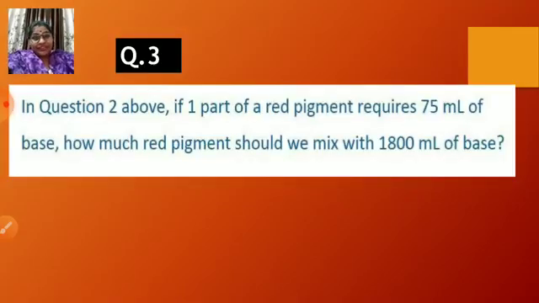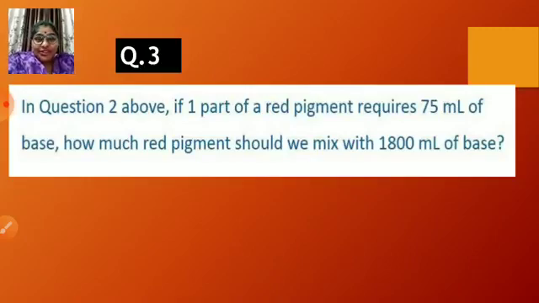Now let us proceed with question number 3. I hope the topic is clear now, the direct proportion. When one quantity is increasing, the other will also be increasing, or vice versa, when one is decreasing, the other will be decreasing. And the constant k is equal to x upon y. That you have to be very careful. So x1 upon y1 is equal to x2 upon y2 is equal to x3 upon y3 and so on. And the missing number you can find out.